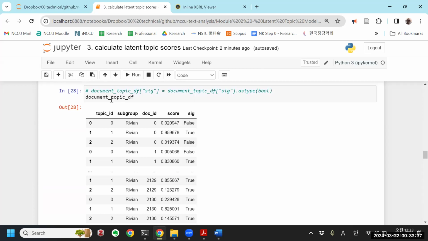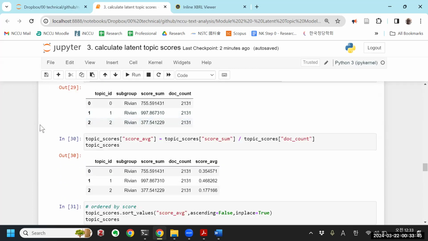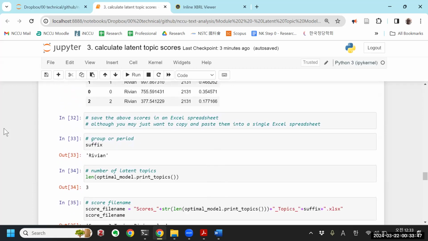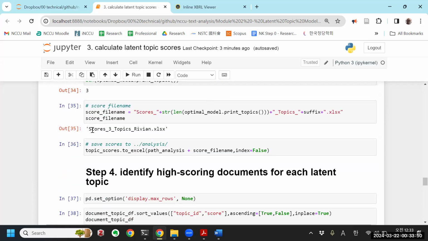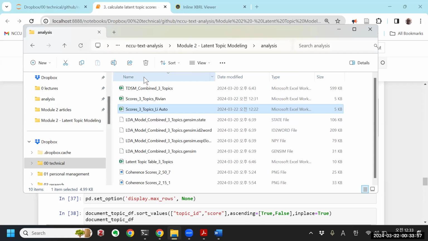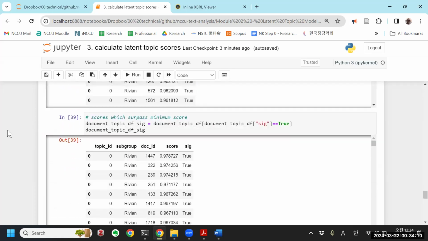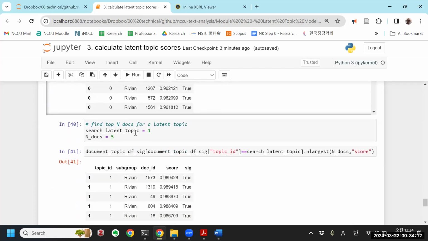So here now we have the topic document score matrix for Rivian. Let's go down. We output these scores, 3 topics Rivian. That should be in the analysis folder. So if I update my analysis folder, right now I've got the topic document scores for Liato and for Rivian separately. And I can still use these same tools. So if I want to find